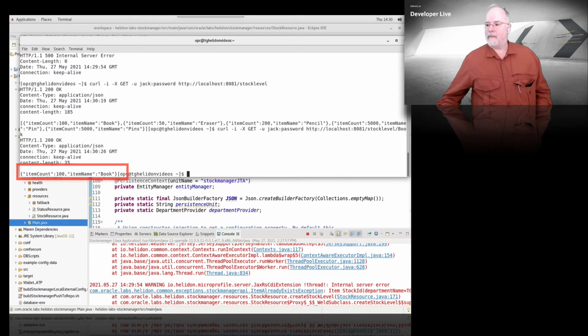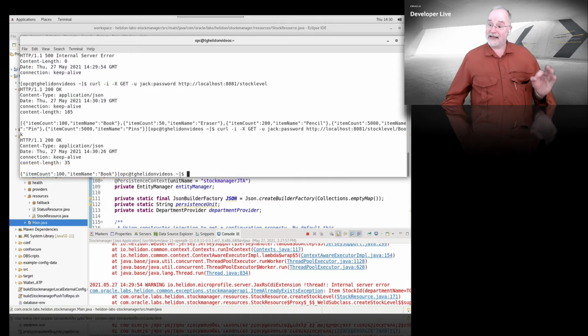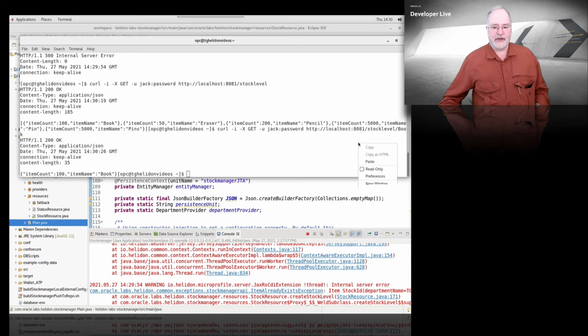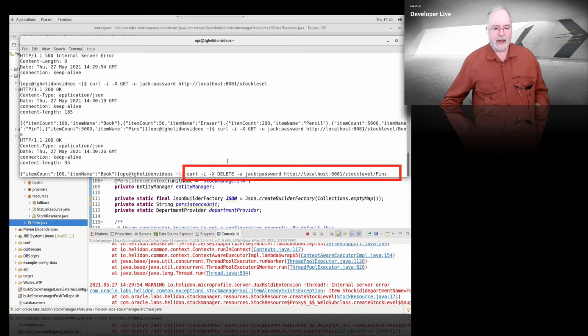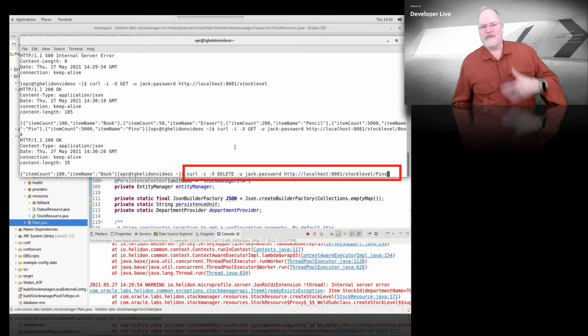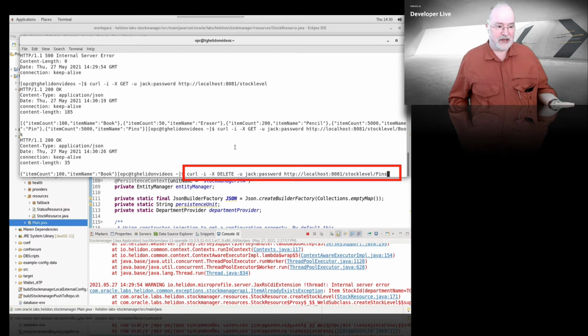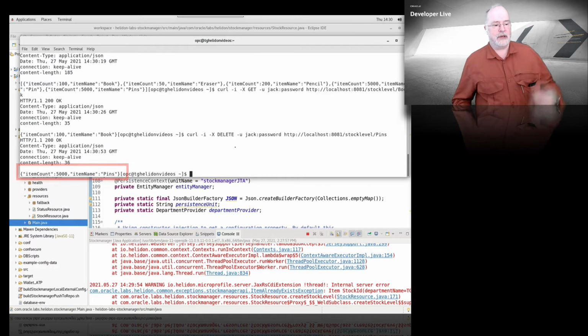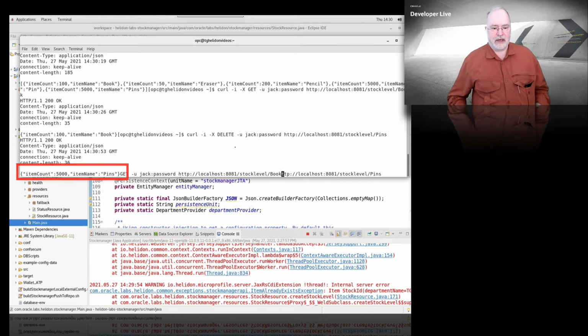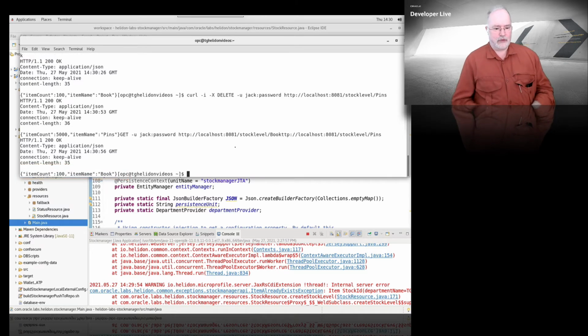Now, there's other things that this code does. It doesn't just allow you to create them. We can delete items. And you'll see here that what we're going to do is delete the pins. Okay, and you can see I'm using the delete method now rather than the put method. So this is just, let's say, pretend that we shouldn't have called them pins. We're going to call everything by its singular name, not its plural. Okay, so we've now deleted our pins, and if we go back and have a look at our stock level,